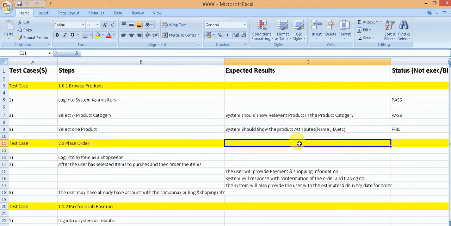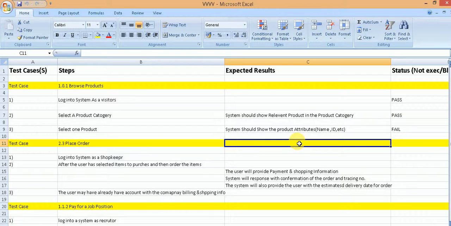Depending on whatever test cases you have chosen to execute in your test run, that becomes your test script. So the test cases that are going to be executed become the test scripts, because they are really certain procedures that you need to execute in your testing.